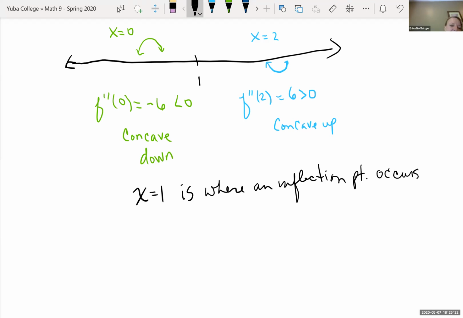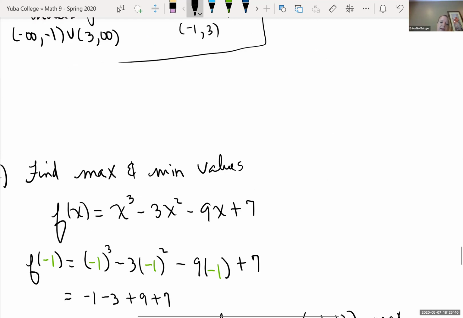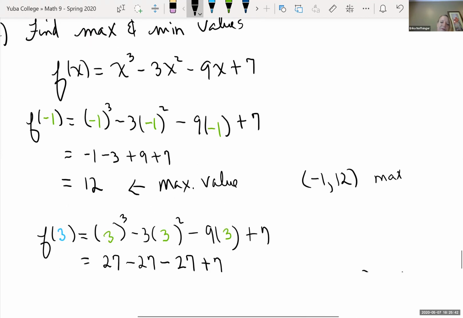And so we need to plug that back into our original function. So if I plugged it back into my original, that was x cubed, so 1 cubed minus 3 times x squared, so 1 squared minus 9 times,